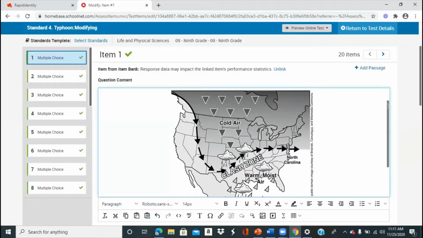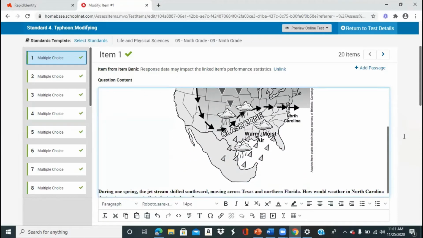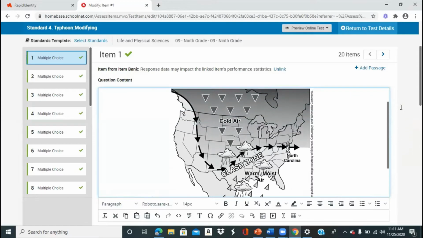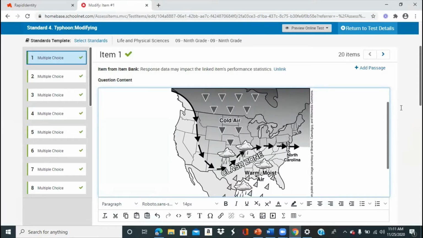Item number one shows a typical jet stream pattern in the US during the spring months. During one spring, the jet stream shifted southward, moving across Texas and northern Florida. How would weather in NC that spring compare to that of a typical year? To answer this type of question, all you have to do is read a map, observe it carefully, and use your prior knowledge, specifically the things that you have obtained in our session, to choose the correct